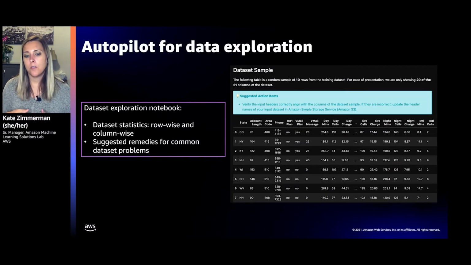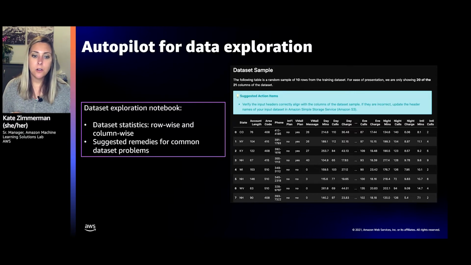This is an example of the dataset exploration notebook. Whenever Autopilot does the feature engineering step in our little ML lifecycle circle, it's going to try a bunch of different feature engineering and data augmentation techniques. It's going to try to handle missing values. It's going to bin things and, for categorical variables, translate those into different numbers. And it's going to tell you what it did, and it's going to show you. So you're going to be able to see in the notebook all the different things that have happened.